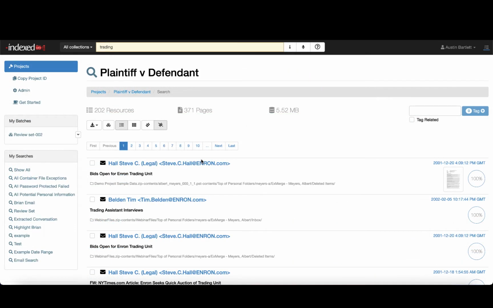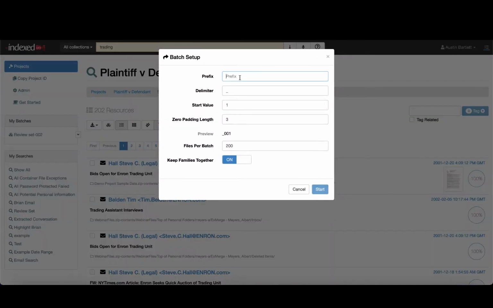Once you've searched for and found a set that needs to be reviewed, now it's time to create a batch. This is done by clicking the Batch button at the top of the list of results, and this can be done from the collection view, from any of the interactive chart interfaces, or from the search results that you're looking at here. Just hit the Batch button, give it a name,